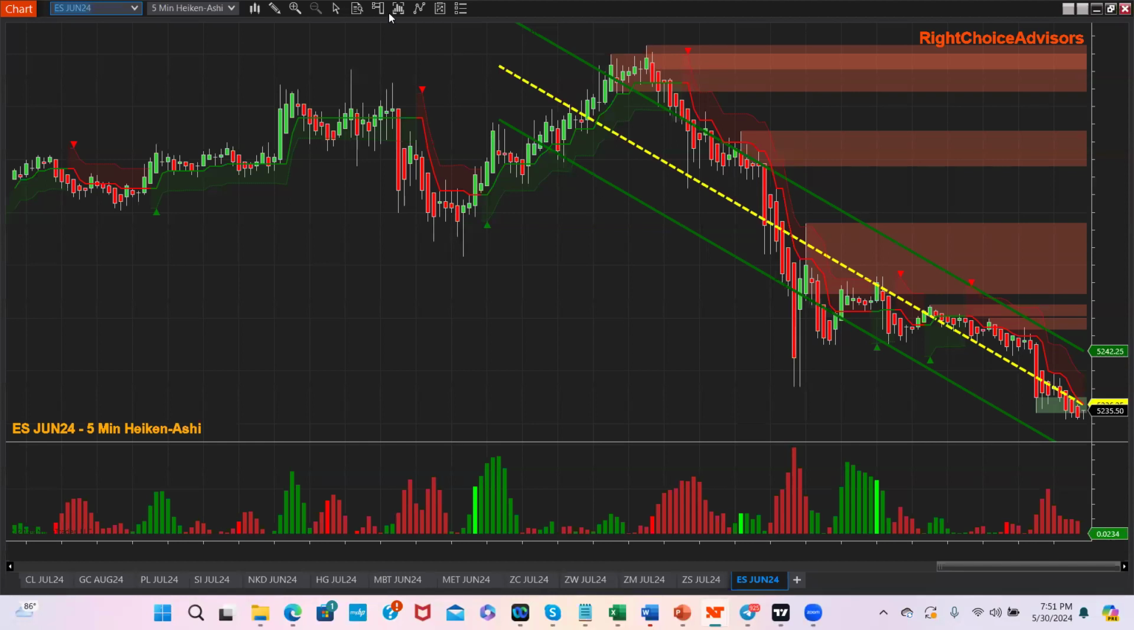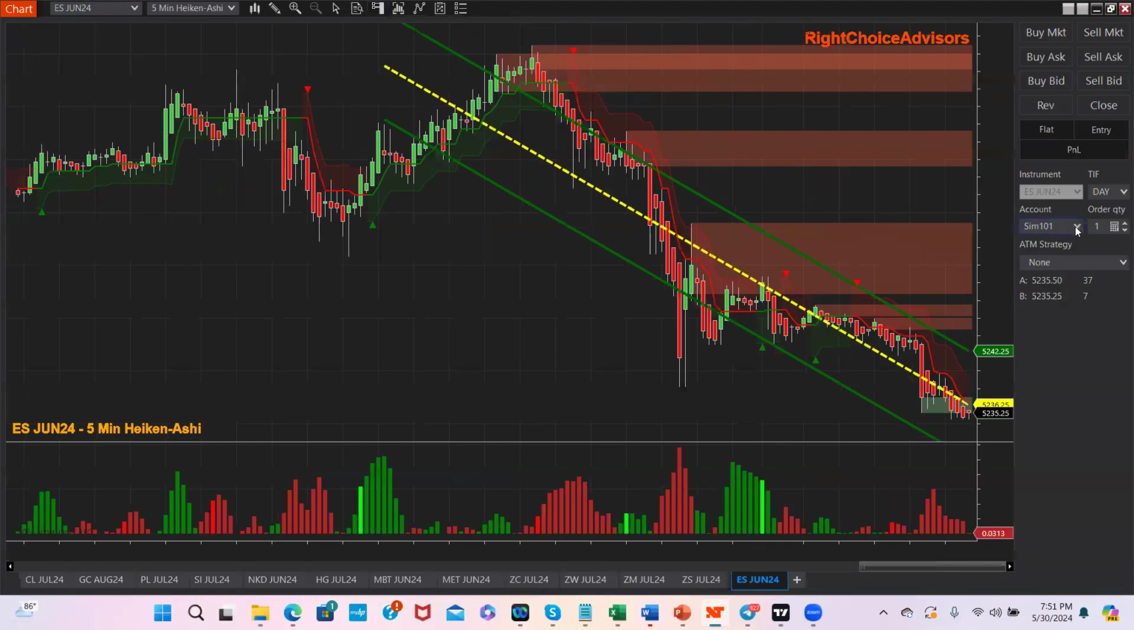Then the algo will take it in a sim account. You can just change it to whichever account you want to take it in. For example, this is my master account. Whenever it takes in a sim account, you are not analyzing anything. Whenever you get a notification that Prism took a buy in this sim account,